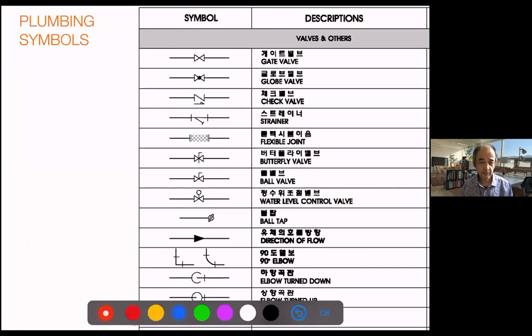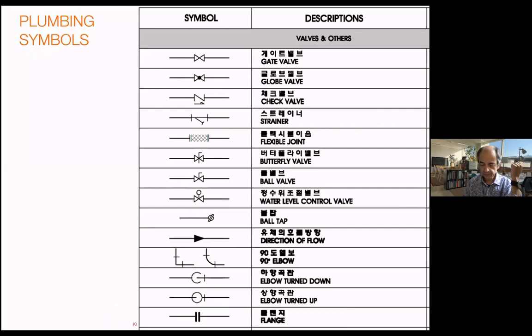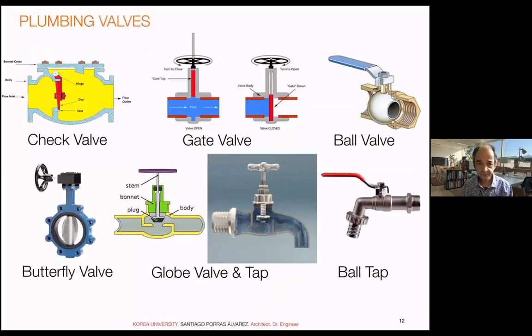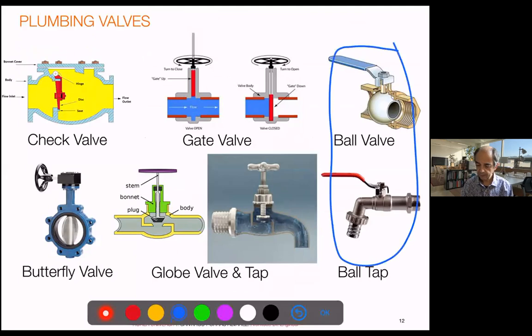So for the drawings, I just collected a set of symbols most used in general. They're quite universal. I have English and Korean, so it's quite convenient. Since it is abstract, I added a few slides telling what is what, right? So the ones we use more are the pole, valve, and tap.